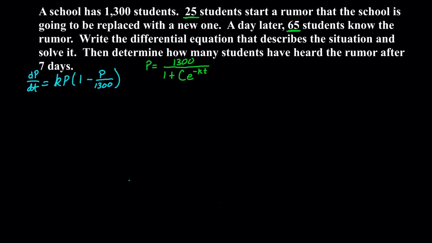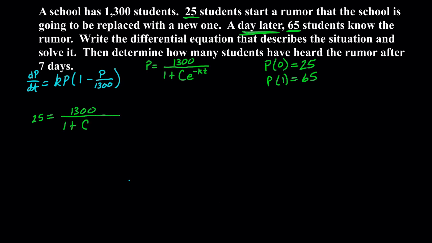So it says that 25 students started a rumor, so if we think of that in terms of a coordinate, that would mean P of 0 is equal to 25, or in other words, when T is 0, we had 25 students. It says a day later, 65 students now know the rumor, so that would be P of 1 is equal to 65. All right, so let's start with P of 0 equals 25 and substitute those values into our equation. That's going to give us 25 is equal to 1,300